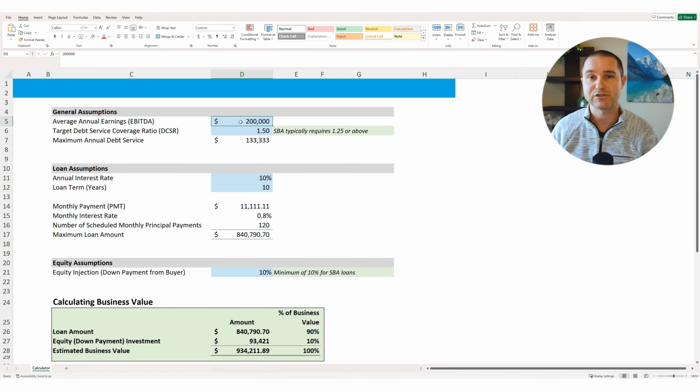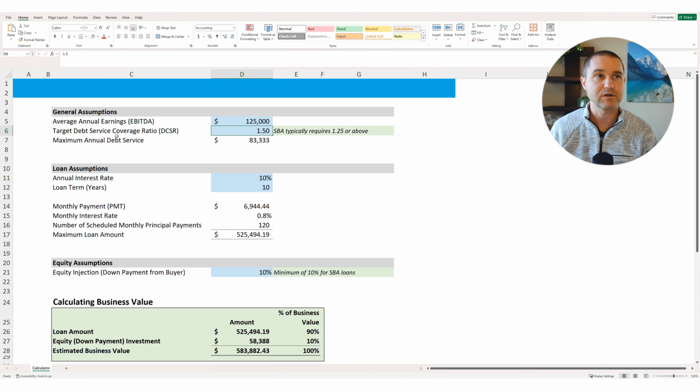Okay, so in that case, we'd say right now our earnings is the $25,000 we're adding back of owner's compensation plus the $100,000 profit that we showed on the tax return. Okay, and as you play around with those numbers, it ultimately has a big impact on how much of an SBA loan you can qualify for, and therefore what the valuation of the business is going to be. All right, so we can come back to that later, but let's look at the rest of how this is